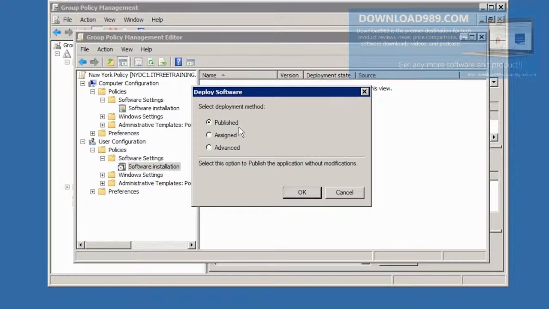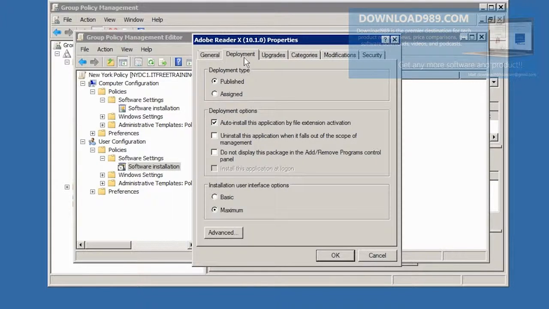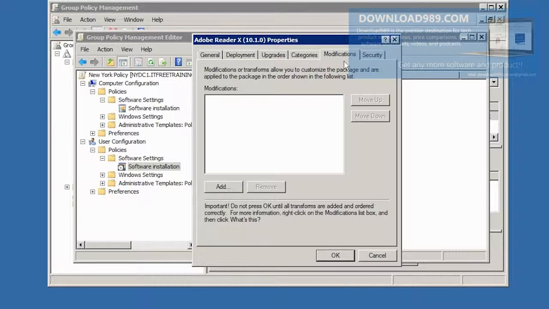In this case, I will be using the Published option, but I will select the Advanced option so I can configure all the options later on if I need to. If I select the Deployment tab, notice that the Published option is selected by default. If I select the Modifications tab, this tab will allow me to apply a transform to the MSI package when